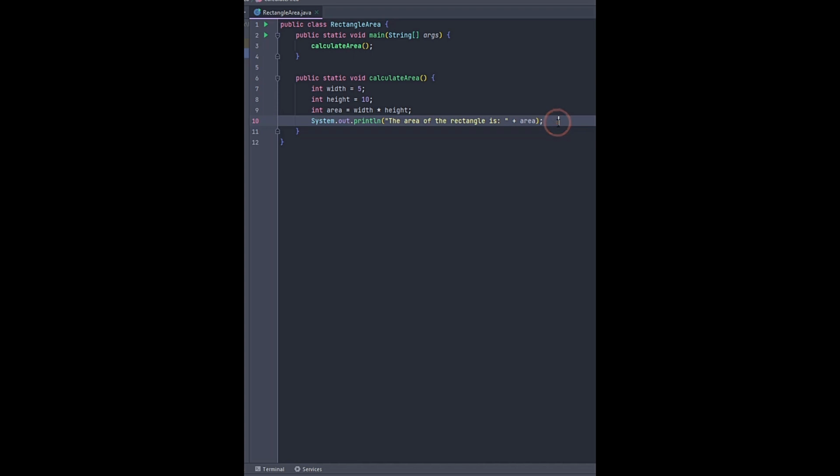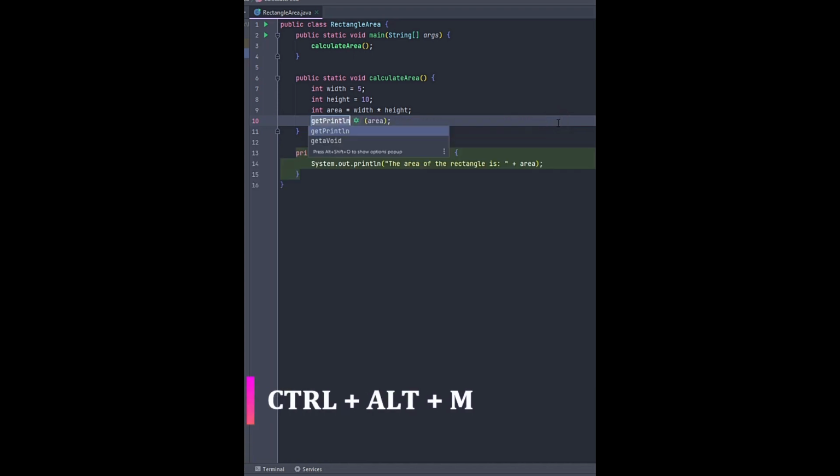Now I am pressing the shortcut, which is Ctrl Alt M. So here you can see it automatically creates a method whose name is getPrintln. Now you can rename the method. I am renaming the method and writing here areaPrint.